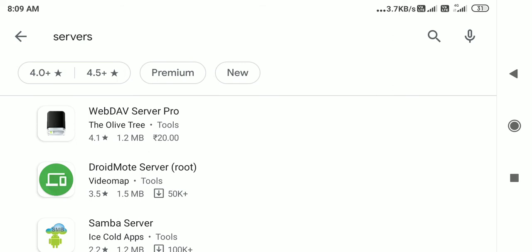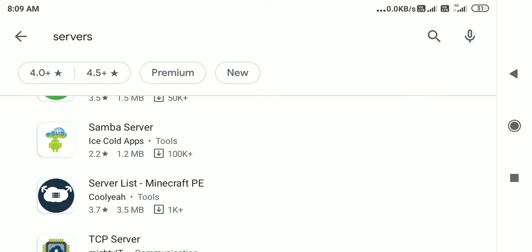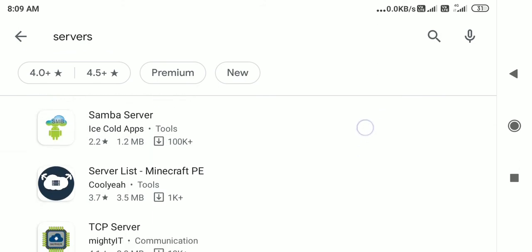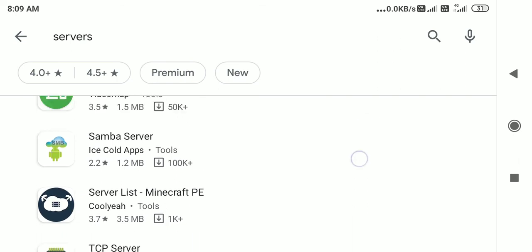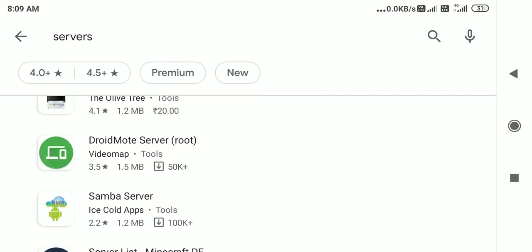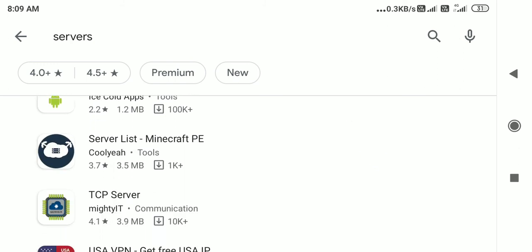Droid board is another kind of thing, which is mostly like a WebDAV server, but file transfer and extra things are available. So these are all applications. These servers are all specific servers. Droid board is a specific kind of server which does file transfer. WebDAV is also used for disk and other things. These are all special servers for those things.